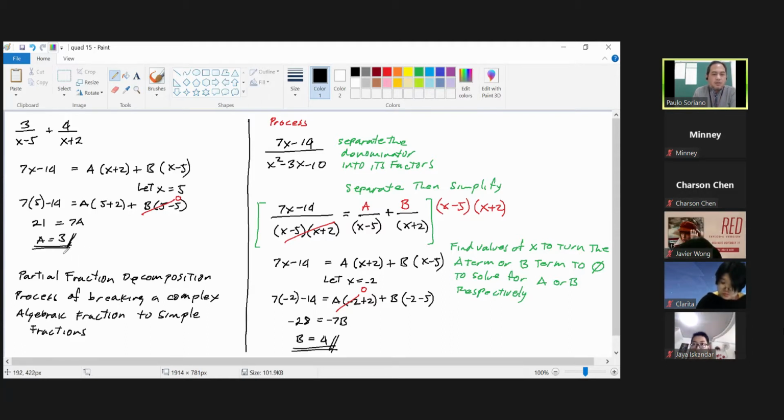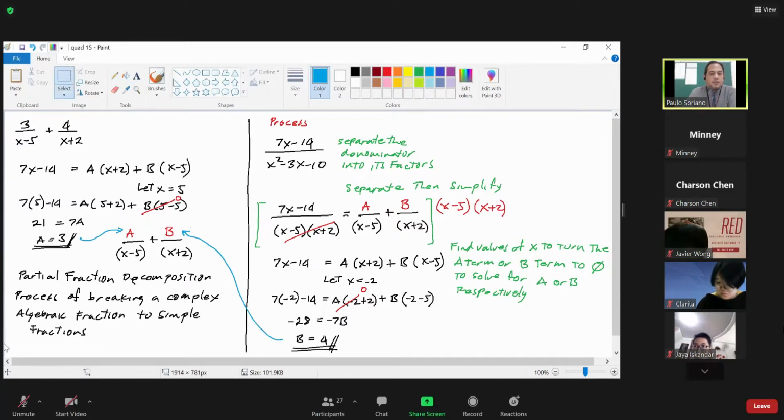Since you know those values now, you can put A here and B there, and our final answer is